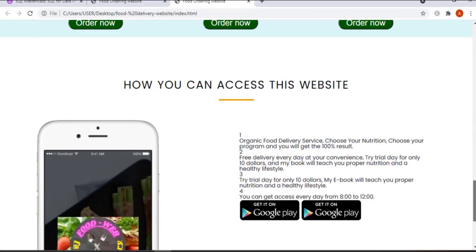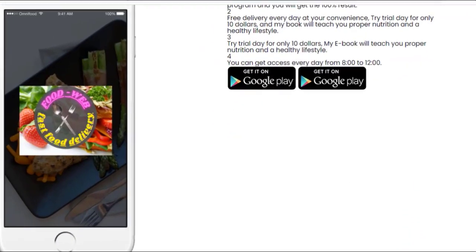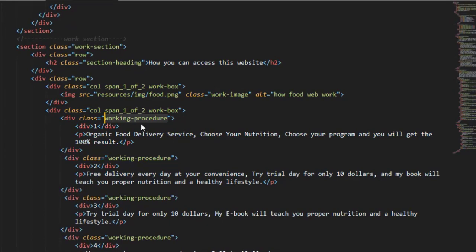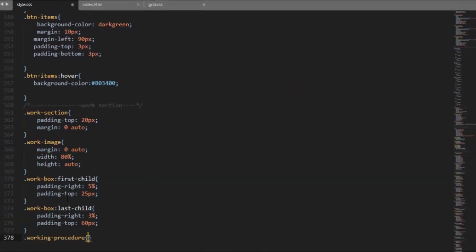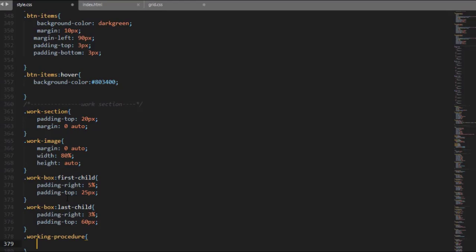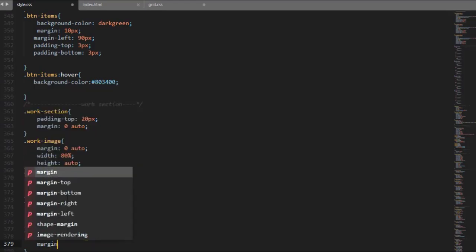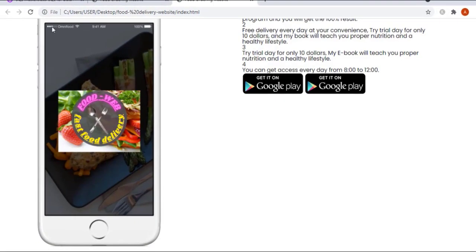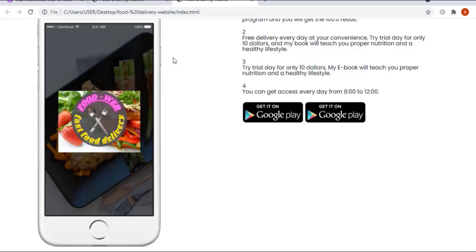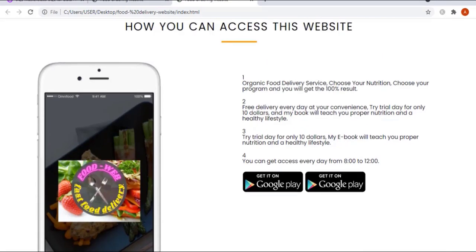Here we are, right? And then using this class selector, working procedure right here, let me add the first property, margin bottom, here is 20 pixel. Save and refresh. Here we have it, and now let me style this number,